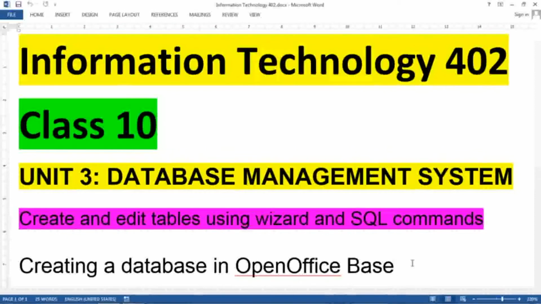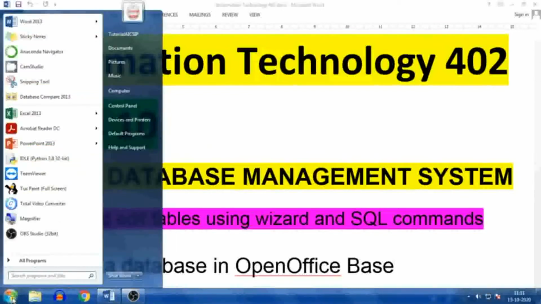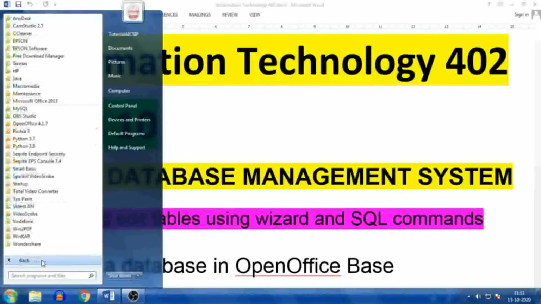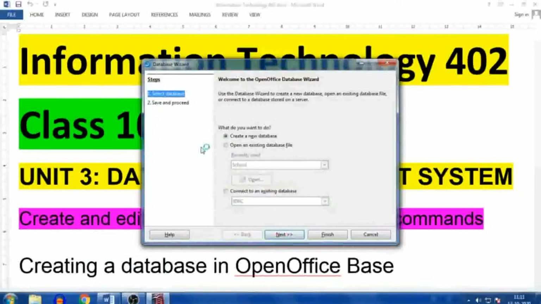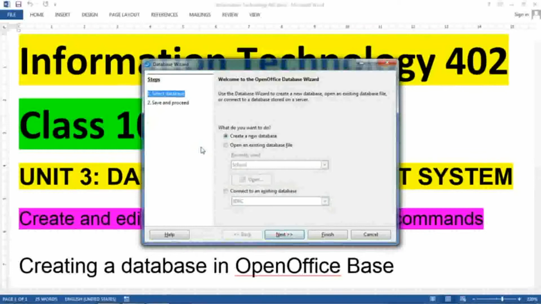So here we begin. First of all, we have to open OpenOffice Base. So click on Start, All Programs, then OpenOffice and Base. When you open it, you will get a screen something like this. Now see, whenever you are opening the screen for the first time, or if you have just installed OpenOffice Base and are opening this screen for the first time, you will get a few errors related to Java. So either you have to install Java or you have to disable the JDBC connectivity. How to do that I will explain in the next part.